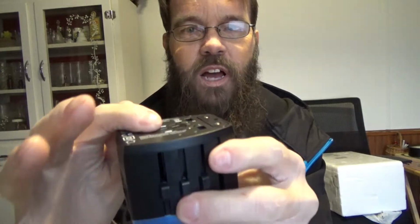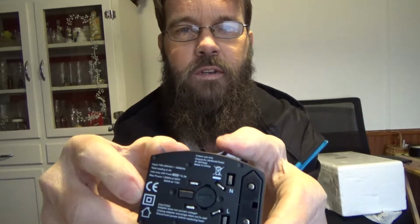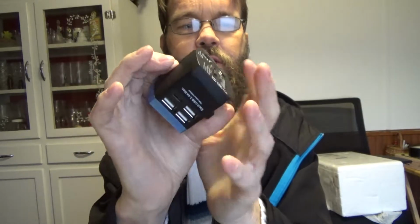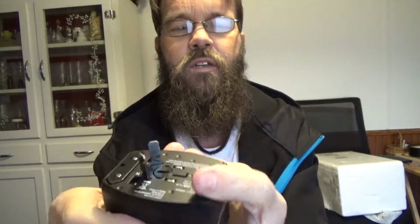And because this is a travel adapter, you have compatibility with over 150 different countries, and you can see the different sliders here on the side, and then there's a button right here. So if we, for example, use the US style plug, if I just push this button on top here and slide that out, once it's out to the maximum point, it locks. So it's not going to go back in. And then if I push this button here, it goes back in very easily. And then of course the same for all the others. So you just push the button and slide,